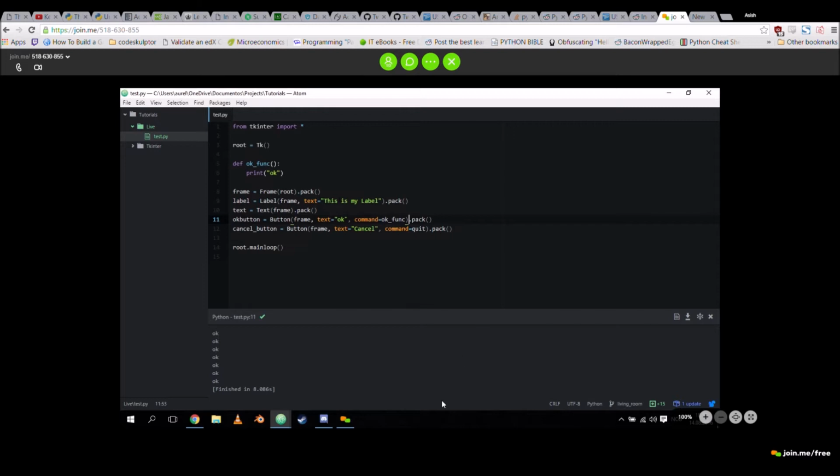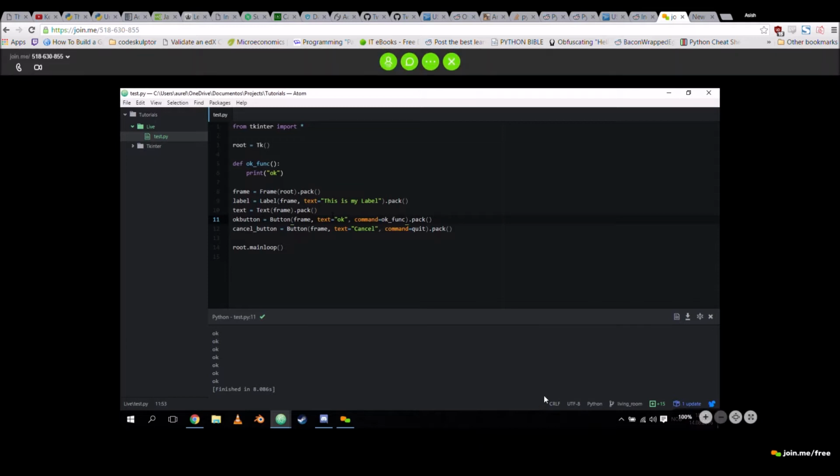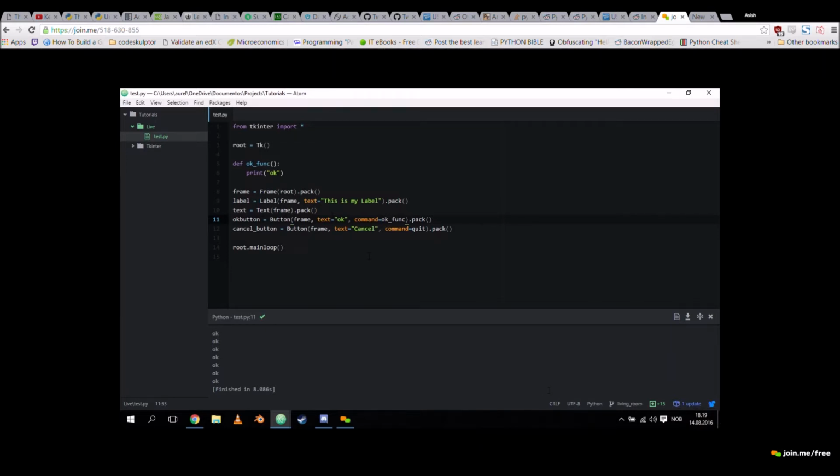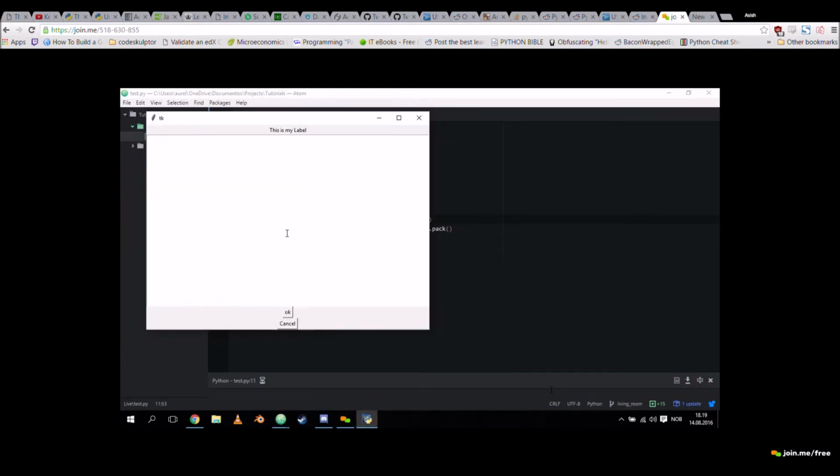Then we have a label, which is, as you can see, because of the text, and the label is inside our frame. Then you have a piece of text also inside our frame, and both buttons are also inside our frame. And the frame is filling them in a downward manner. So you notice that everything here starts at the top and then goes down like that.